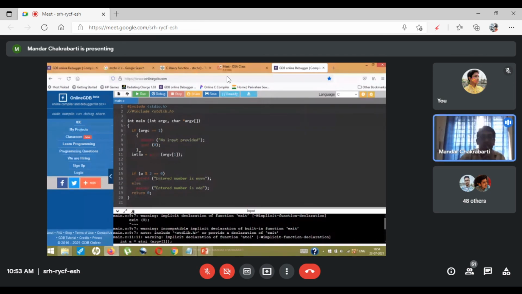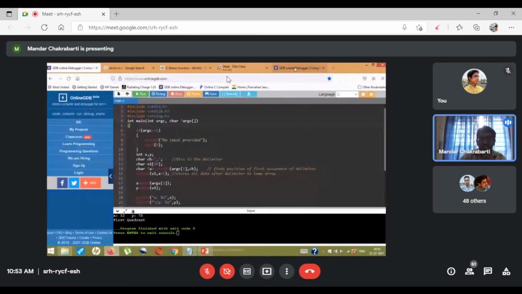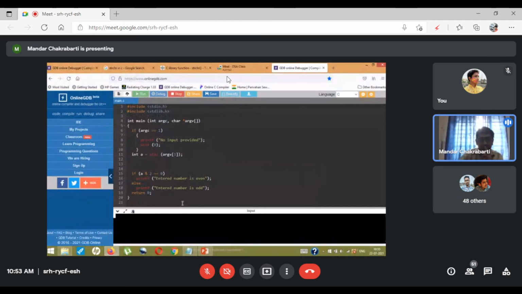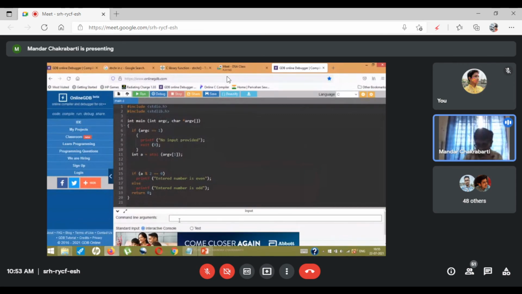Okay. Now, dealing with simple data is easy. Dealing with data where I am providing the data separated by spaces is easy, because whenever I'm providing a space, the next data is automatically stored in the next index of the array. So this is stored in index 1, this is stored in index 2, this is stored in index 3.